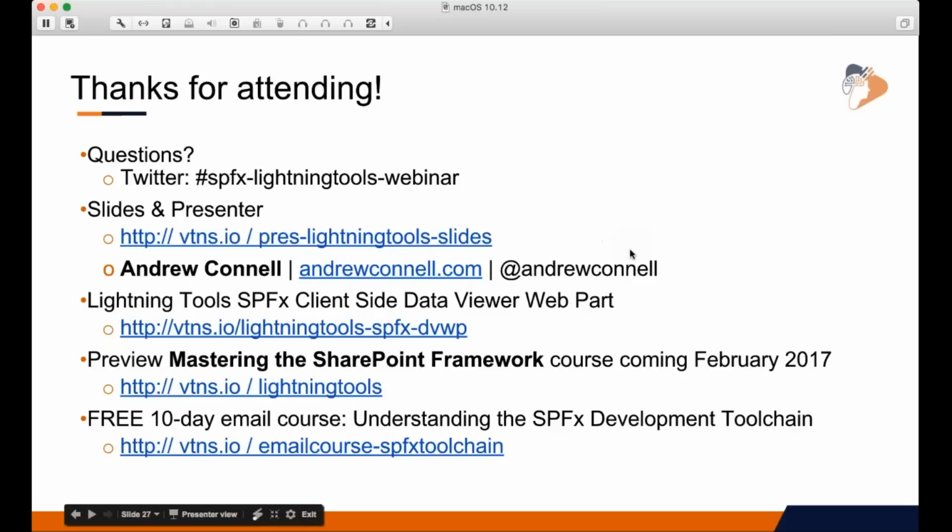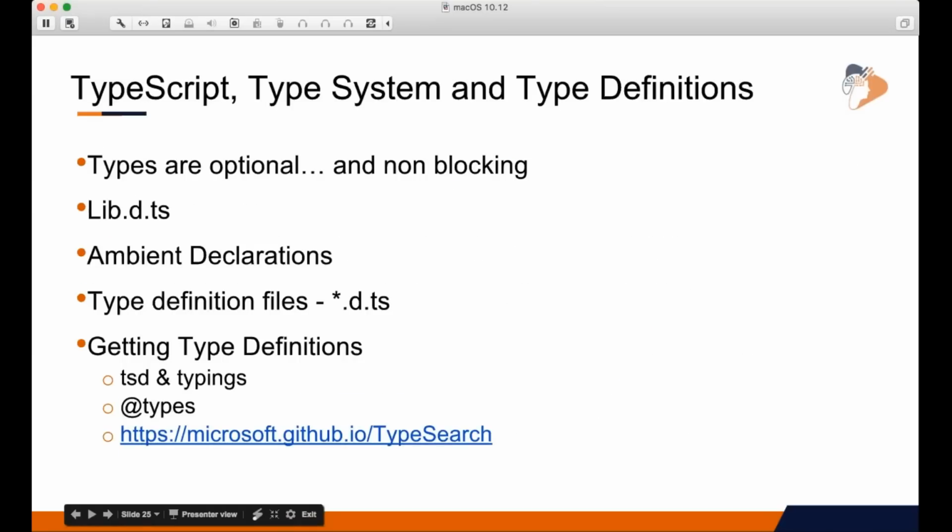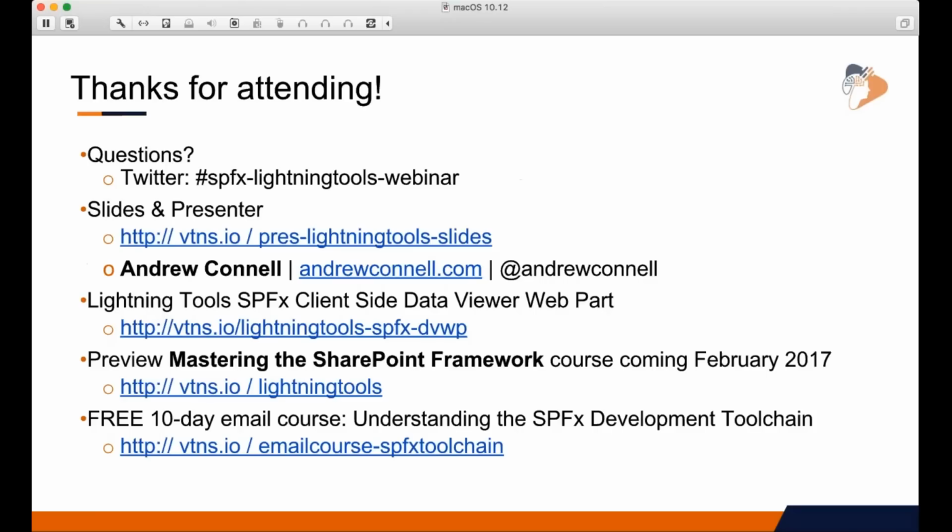I had a slide a little bit farther back in my deck that I skipped over that talks a little bit about TypeScript. I will write a little bit more in my follow-up blog post that I'll publish later today or tomorrow on my blog. If you just go to andrewconnell.com, that will give you a couple other links of things you should go look at of how you can start getting started with it. To me, it's like learning any language. You can't just say, I'm going to go learn this language. I'm going to work with a project and tell myself I have to use TypeScript to do that. Okay? So that's the best way that I could do.